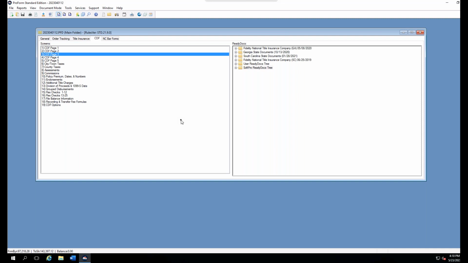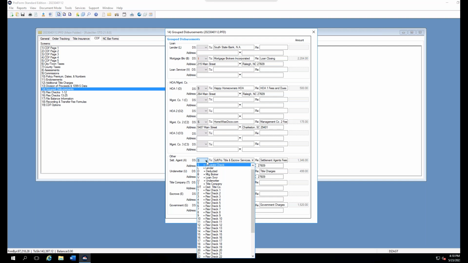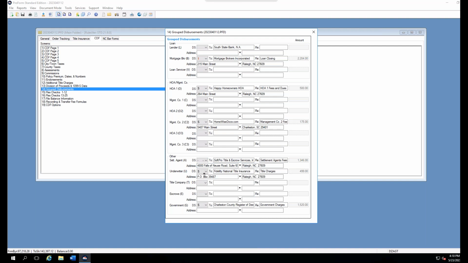If you are going to utilize ledgers for things such as your revenue or your recording fees, you have the capability of, again, going to those grouped disbursements, and instead of producing a check to yourself out of the transaction for your revenue, you can set it up from the disbursement status field drop down at the bottom of the screen as a funds transfer, so that when you export into ProTrust, it will automatically require you to tell the software what ledger you want to